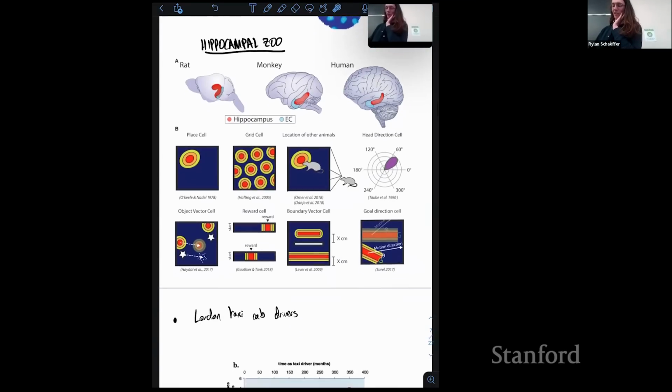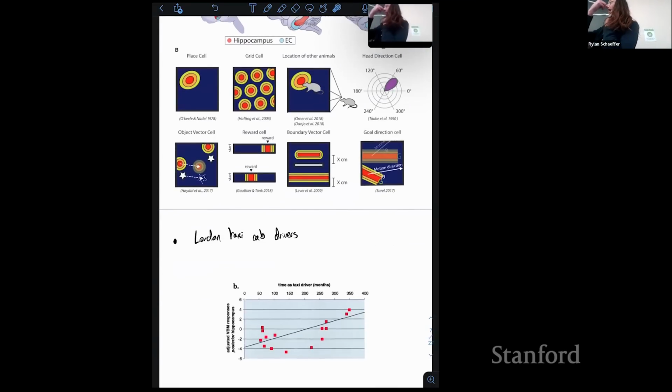There's also finally one finding that's fun: they did an fMRI experiment on London taxi cab drivers. I don't know if you know this, but London taxi cab drivers do a thing called the Knowledge, which is a 2-year-long test where they have to learn every street in London. And the idea is the test goes something like, oh, there's a traffic jam here and roadwork here, and I need to get from Camden Town down to Wandsworth in the quickest way possible. What route would you go?